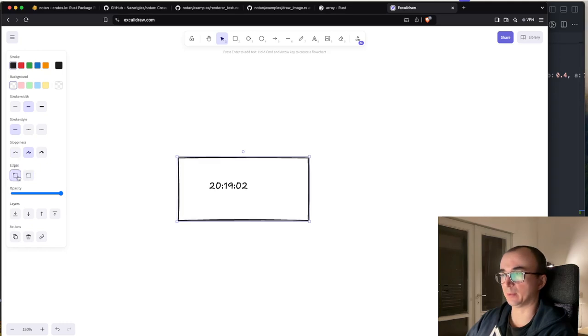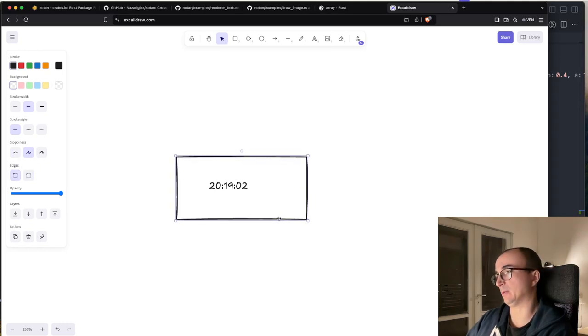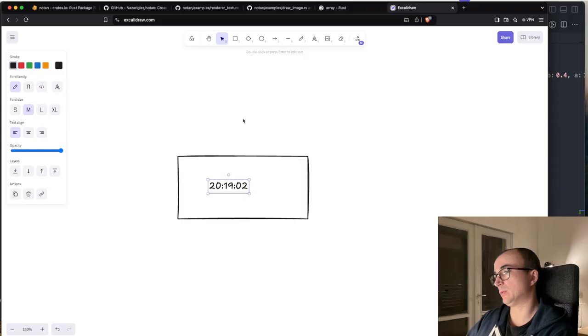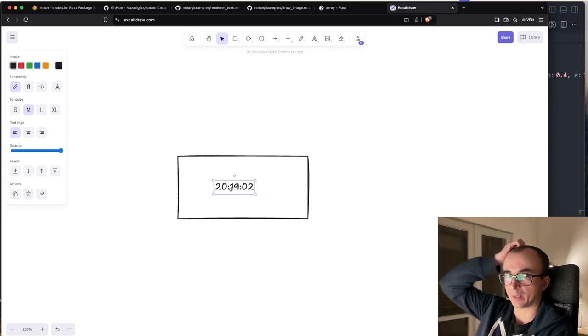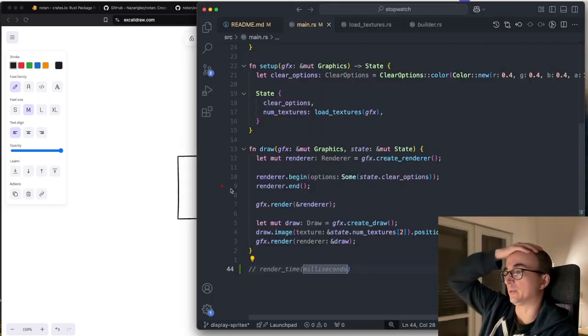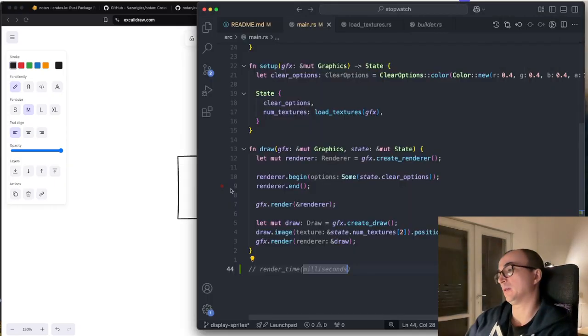Okay, well, it's not a window, this is a window. Now I have a window, so I need to know where to render it, whether it should be here or here or whatever, because I wouldn't expect the render time function to somehow know the size of the window or what even the window is. So